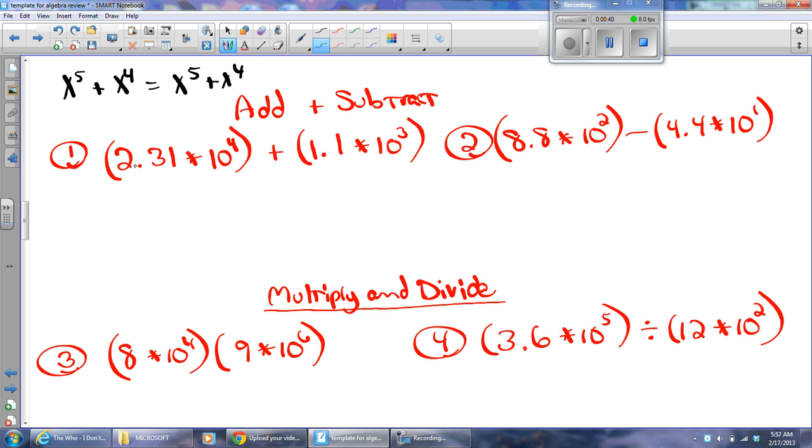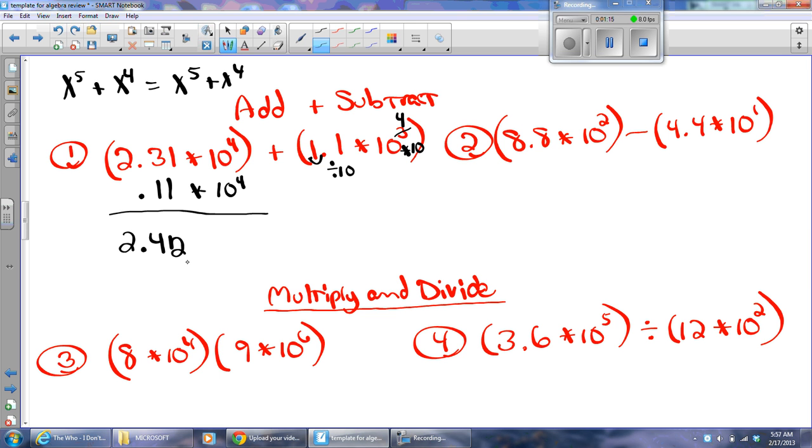So we have 2 and 31/100 times 10 to the fourth plus 1 and 1/10 times 10 to the third. Well, right now they're not like terms. So I want to turn this 3 into a 4, which is like multiplying by 10, right? Well, over here I have to divide by 10, which causes this to become that number. So I'm actually adding 2.31 and 0.11. And note, the bases and exponents match now. I'm good to go. So I'll just add and get